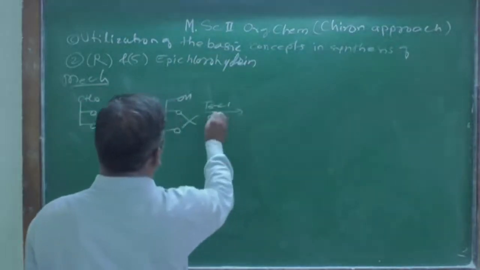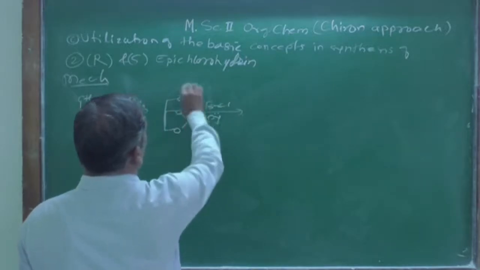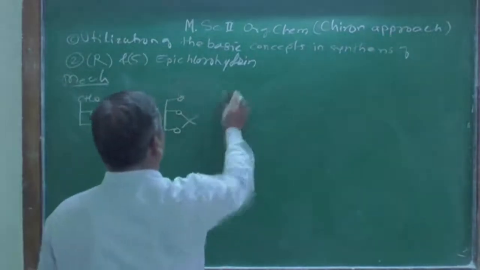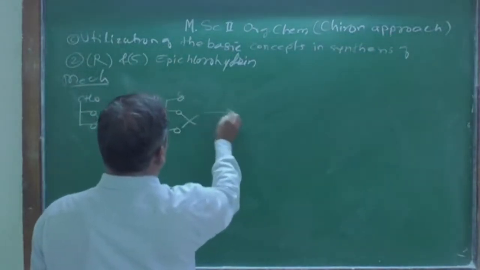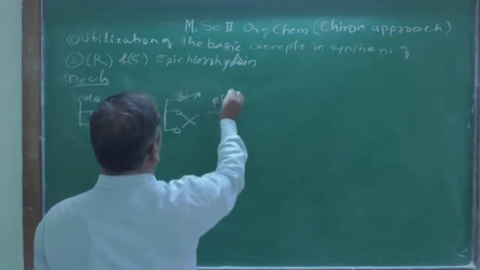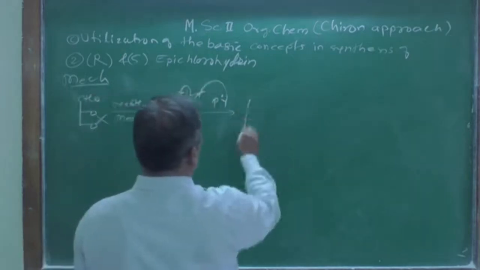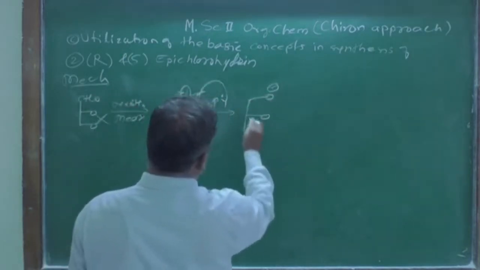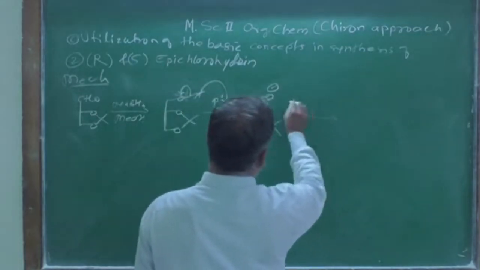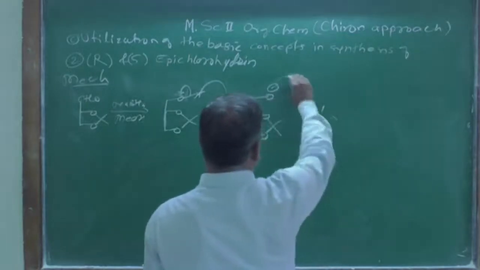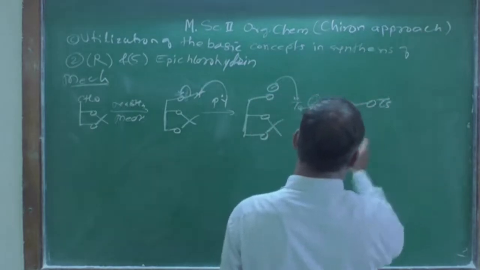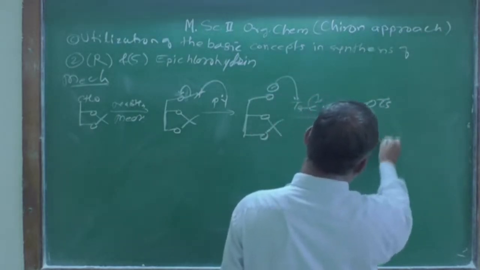Now what will pyridine do? It will abstract the proton, and the negative charge is going to attack on this. So let me show clearly over here so that you do not get confused. So here I am writing H, and that pyridine will pick up the proton from here, and you are going to get O minus charge over there, O and O, this one. And after that there is tosyl chloride, TsCl. Now this is going to attack over there, this gets removed, and you are going to get OTs, and this O and this O protected, right?